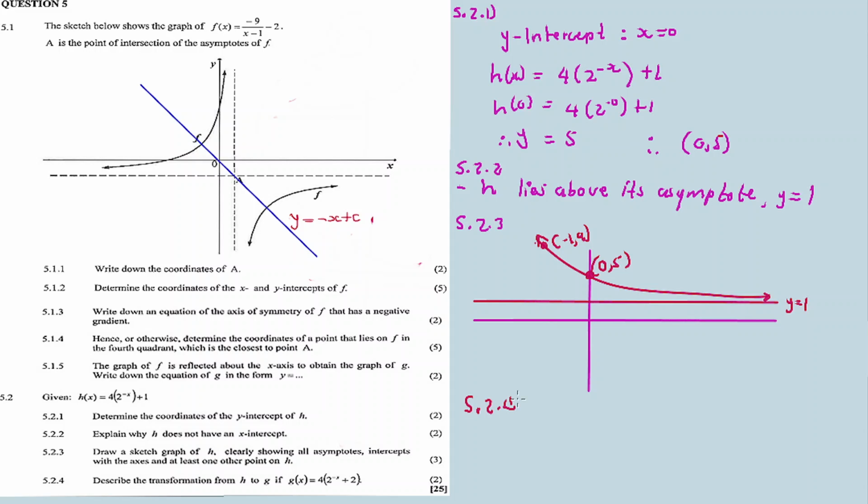5.2.4, the last question. Now h has been transformed to g, which is the function 4 in bracket 2 raised to exponent -x, plus 2. Describe the transformation that has taken place here. Okay, come, let's describe the transformation that has taken place. You know what needs to happen here? This equation,